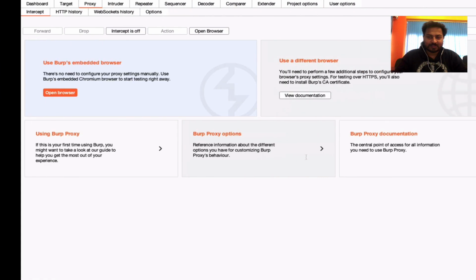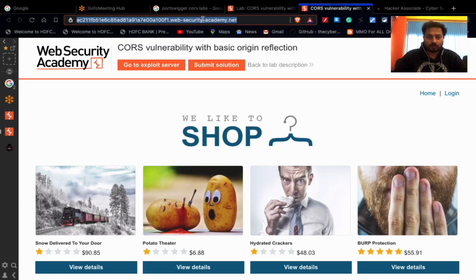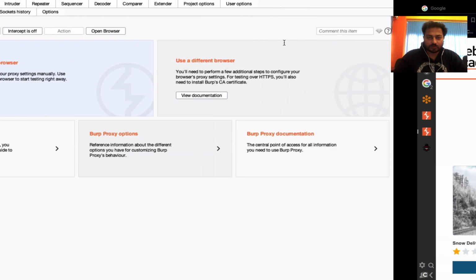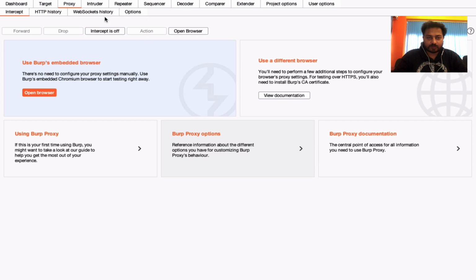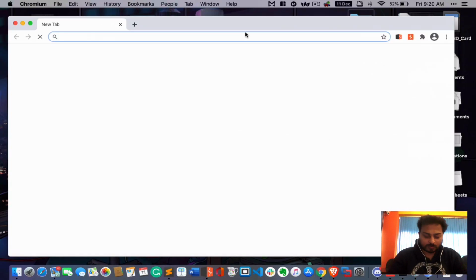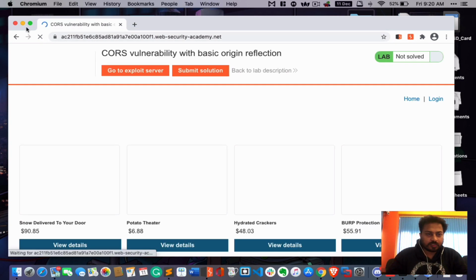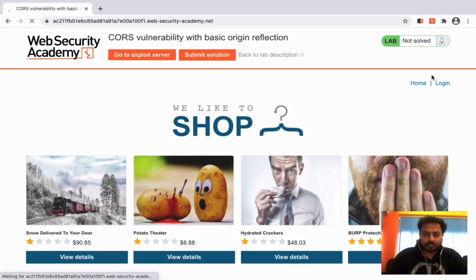Let's begin. First we need the URL in order to work with the CORS vulnerability. You can simply go here and open the URL. I am familiar with Burp Suite, so I can open the browser and go to the particular link. You can clearly see it is asking for credentials.